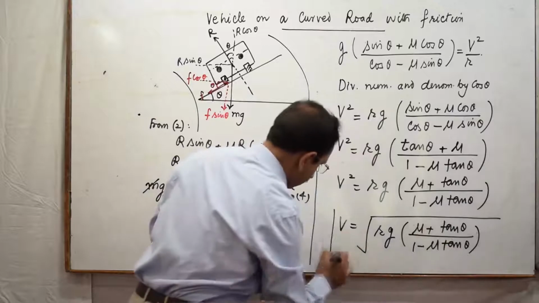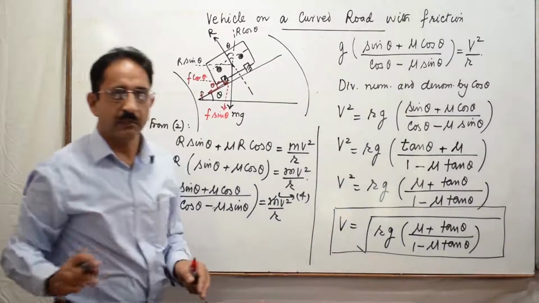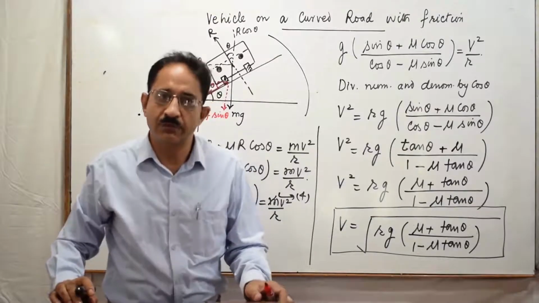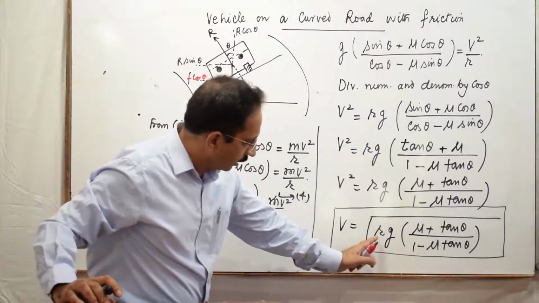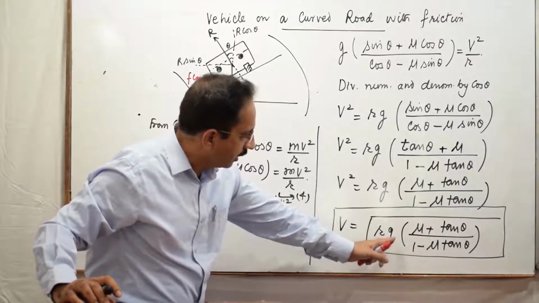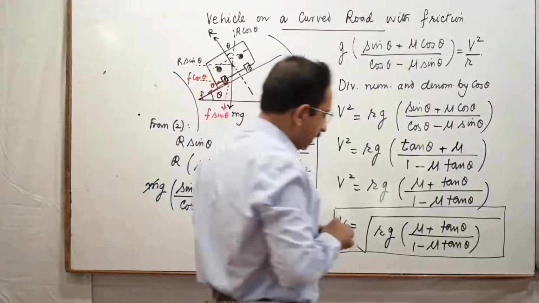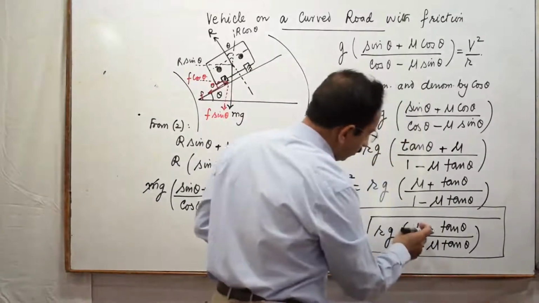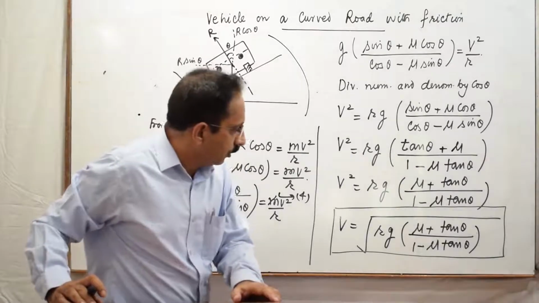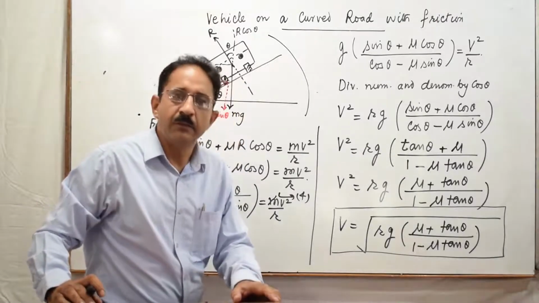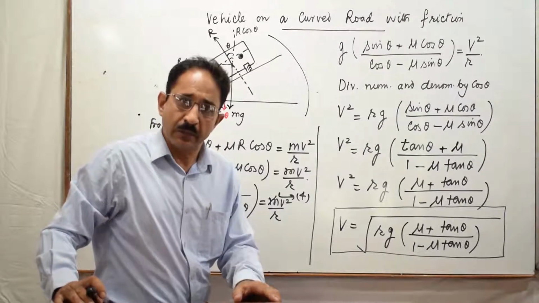So this relation gives us the safe limit of speed of the vehicle moving along this curved track. So you have this value of v in terms of the radius of curvature of the track multiplied to the value of g, which could be found for that place where we are discussing this, and mu is the coefficient of friction between the tires and the road. About the value of mu you have to be a bit careful because it depends on the surface irregularities.